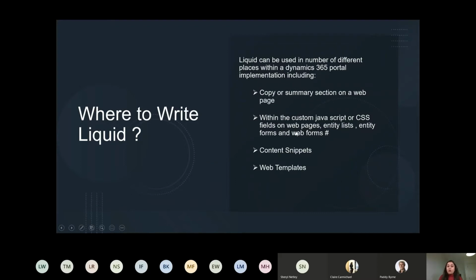Second option is on the entity list, entity form, web pages, web form. In the section called JavaScript or CSS, we can write Liquid code. In content snippets that we have seen in the last session, basically to replace the static content or something like this, we can use Liquid here as well, and in the web template. So mainly 90% of the cases we use the web template